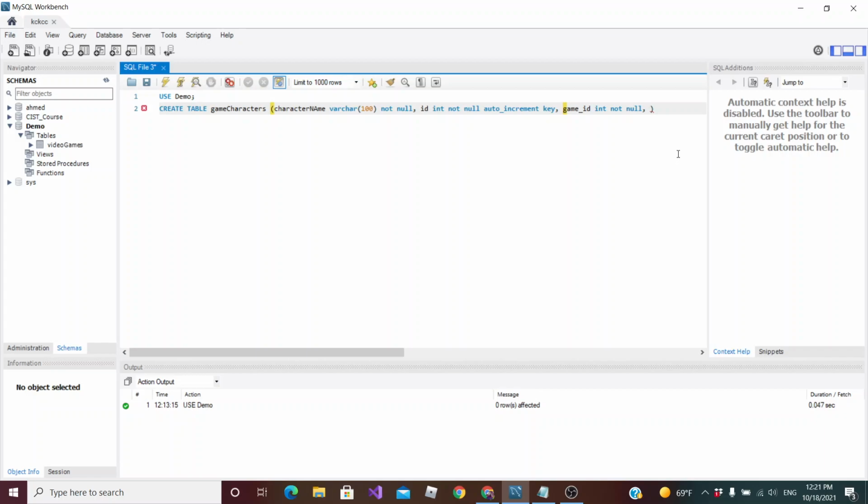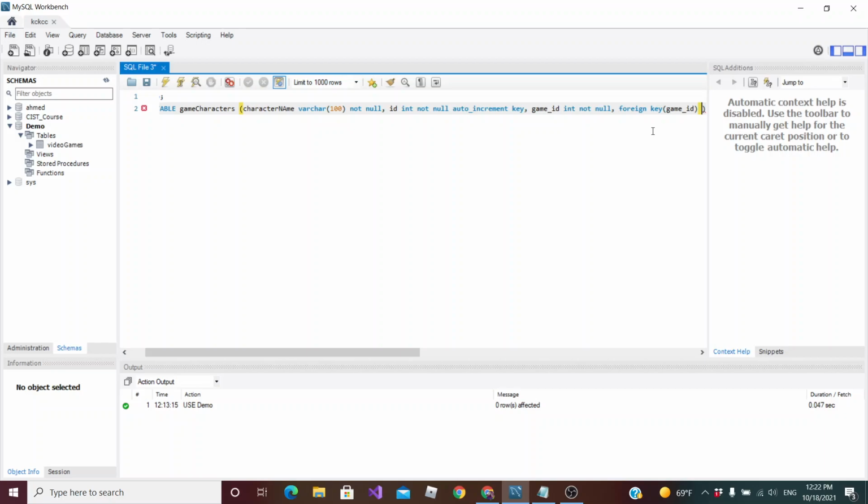Now I need to find a way to get those two tables to be connected. Now they're not going to be connected automatically, but I need to do the following. Now each table has its primary key. We call them ID in both cases. In the second table that I'm creating now, game characters, I have a game ID. This game ID represents the ID from the previous table. Now I need to find out and figure out how do I connect this together. And to do that, we have a command called foreign key. So the foreign key here is going to be the game_ID, the game ID that I just created right here,